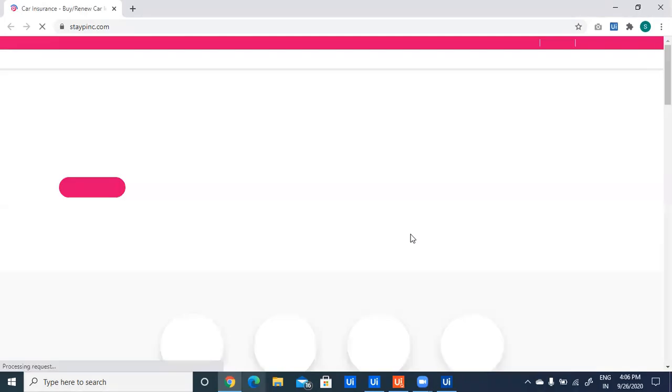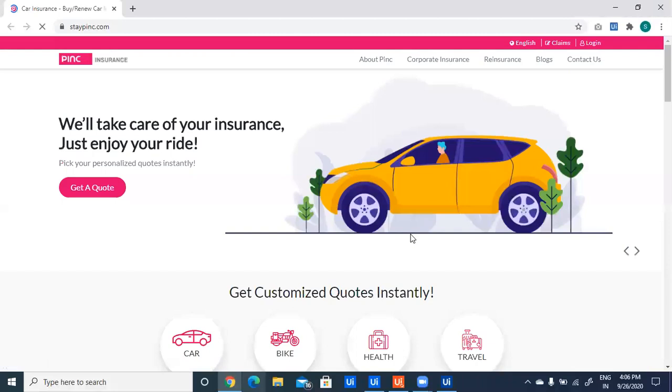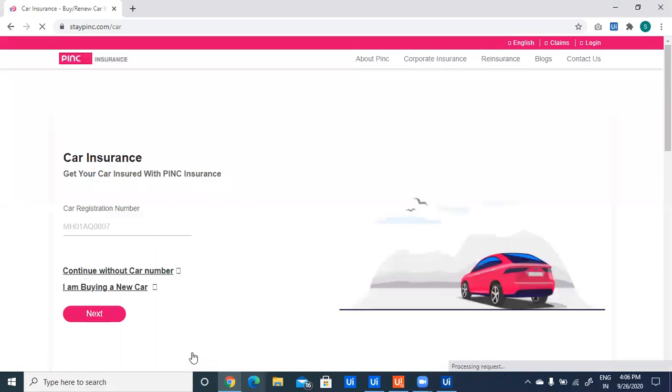Now it will click on this car icon. After clicking on this car icon, it will enter a registration number.